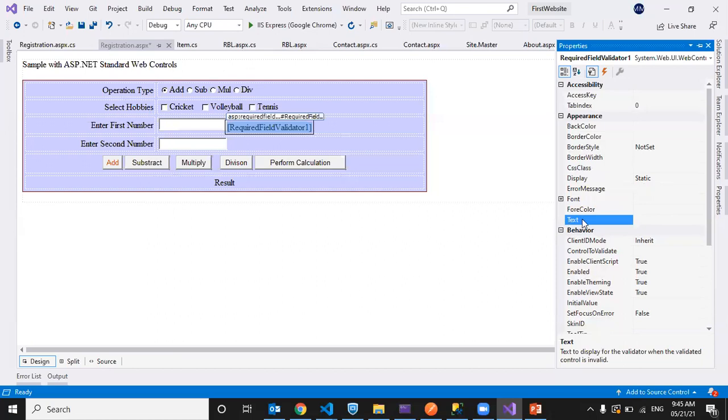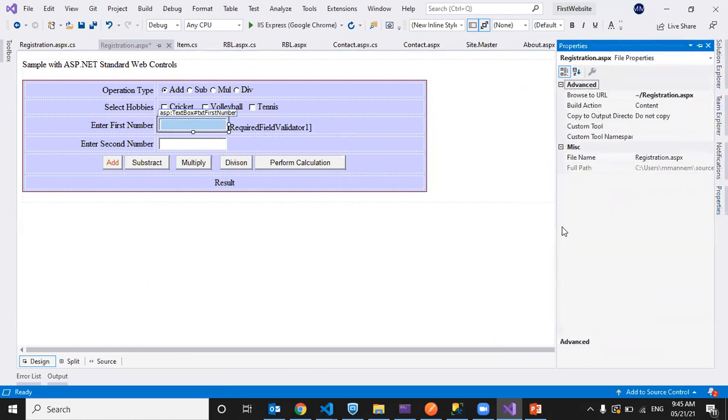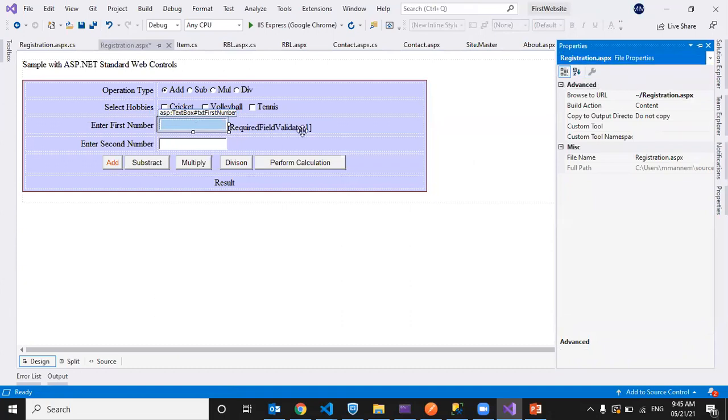The Text property is the text to display for the validator when the validated control is invalid. So whenever we are not entering this value and clicking on the add button, to display the error message, we use the Text property.